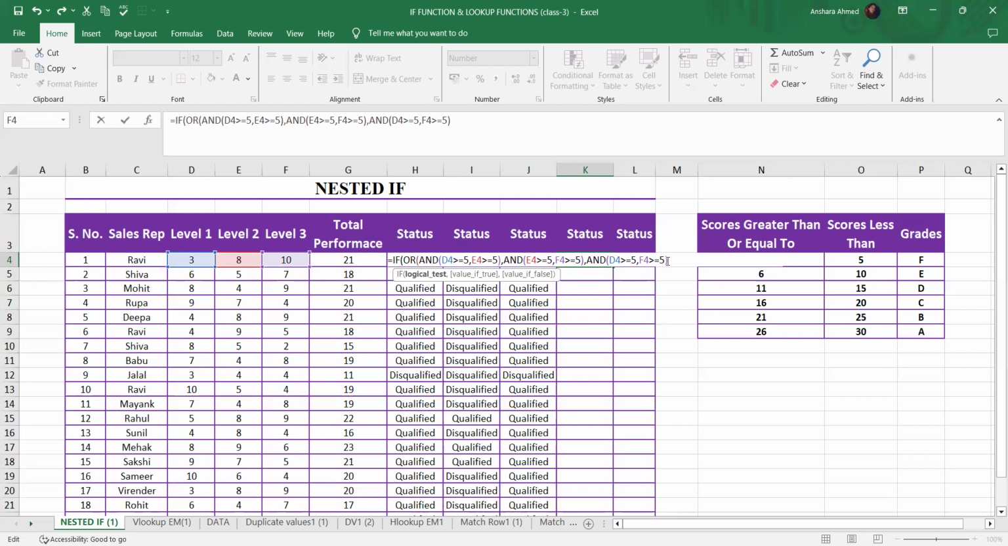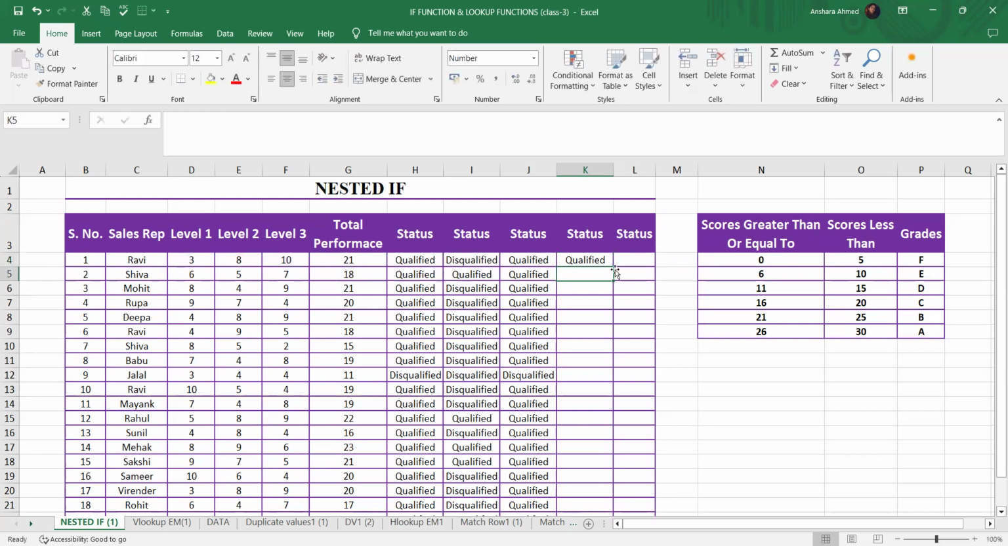Now our logical test, we have done with the logical test, comma, sorry, first we'll close the other bracket of OR and then comma. Now it says value if true. Value if true, as you all know, we'll apply the text "Qualified" because we want to know who is qualified in this condition and who is disqualified. To get to know who is disqualified in this condition, I'll close the bracket, and you'll see Ravi